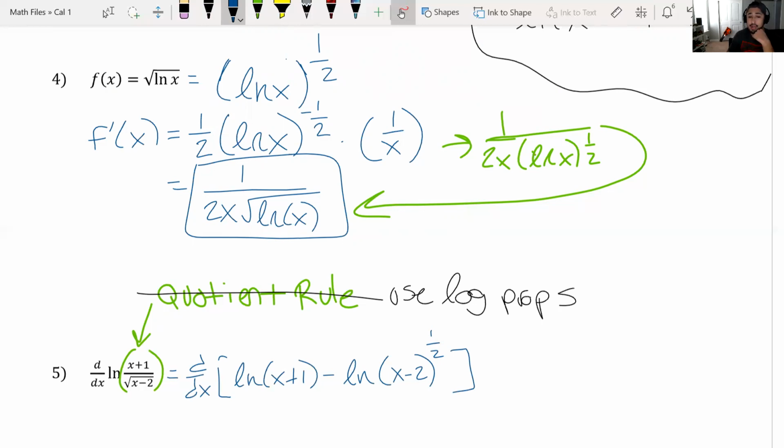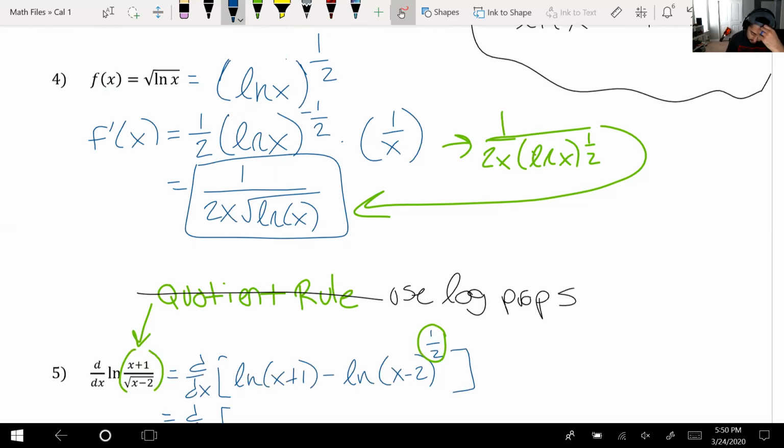And all we're doing right now is expanding by log properties. So there was a quotient on the inside, we do quotient and expand it to the difference. And now we have a little more cleanup to do before we take the derivative because of this exponent. So now we are still simplifying by logs. So this becomes d over dx